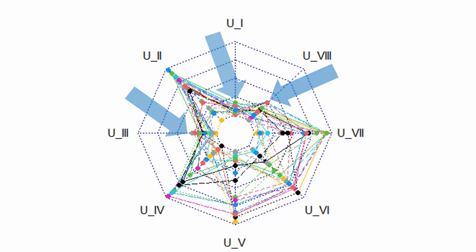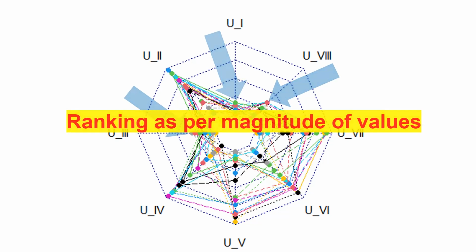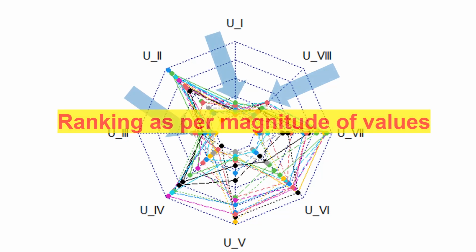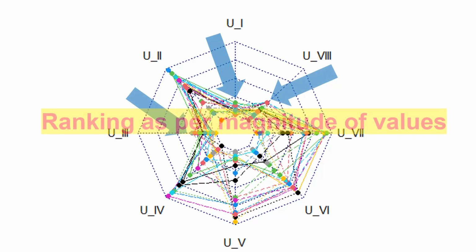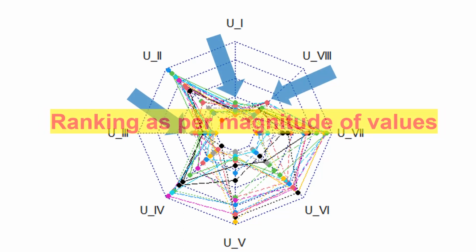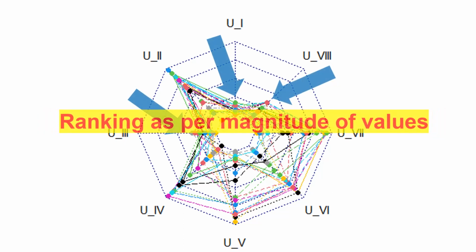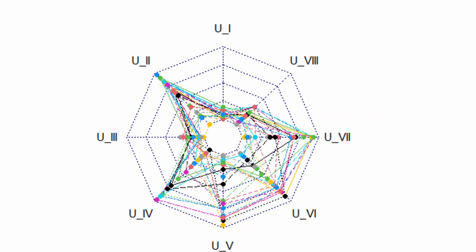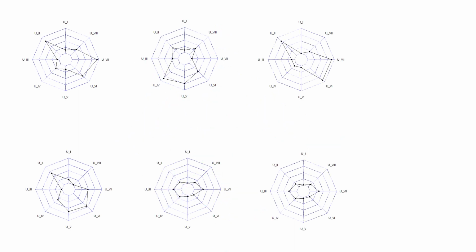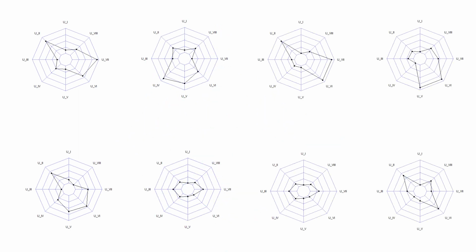It can be used to analyze performance of employees. It can be used to analyze performance of different machines. It can be used to analyze performance of different treatments like fertilizer treatment or different drug treatments, effect of different doses also. In this radar plot, differences amongst individual students are not visible. For that, we can separate this radar plot into its 20 component plots to see the individual differences.